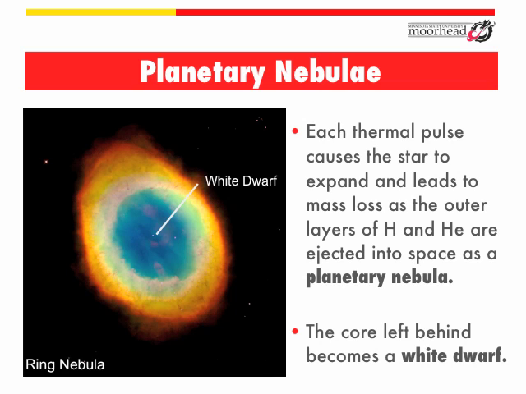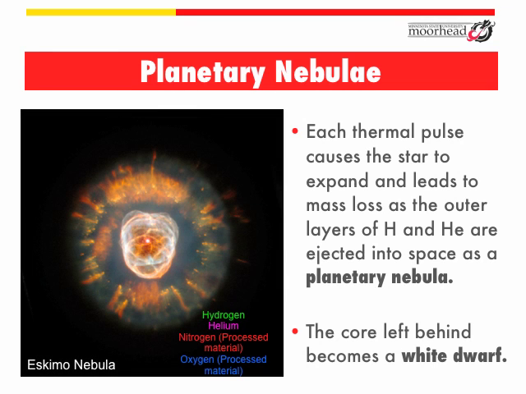That dot at the center is a white dwarf star. That's the core that was left behind after all of the outer layers of this particular star were blown off into space. Now, these planetary nebulae are very common. They're not all nice round circles like the Ring Nebula. This image is nice because using spectroscopy you can measure the composition of this gas, and it's composed of several